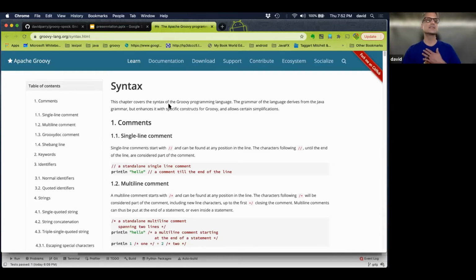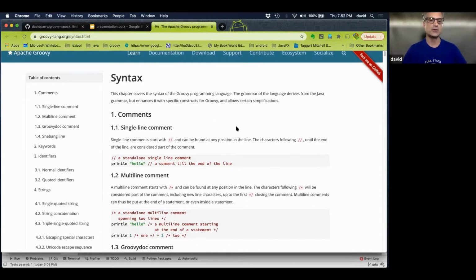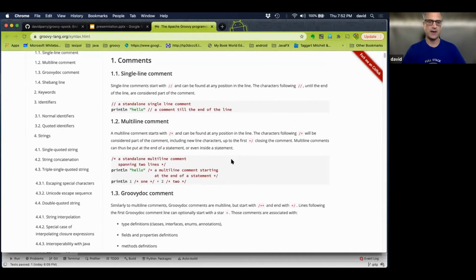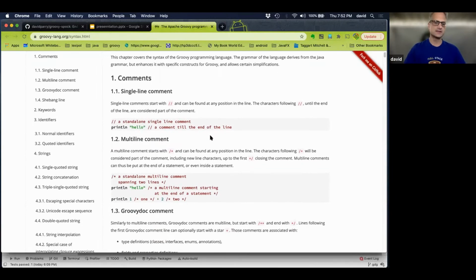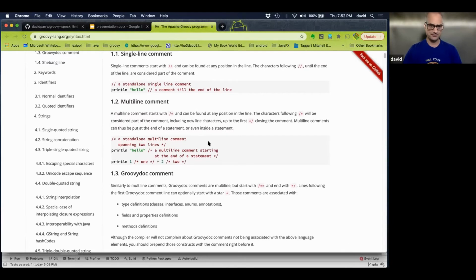And this is the Apache. So the Apache open source community is in charge of Groovy. And this is where I go to the syntax, and I direct everyone here, as you're seeing this, to be familiar with the language.